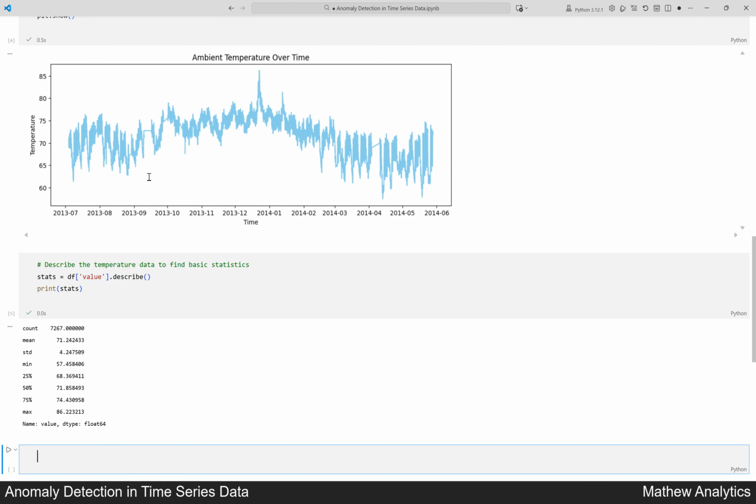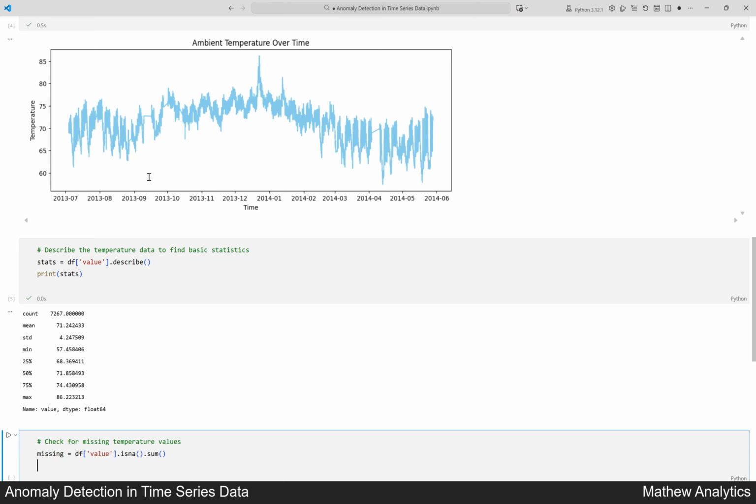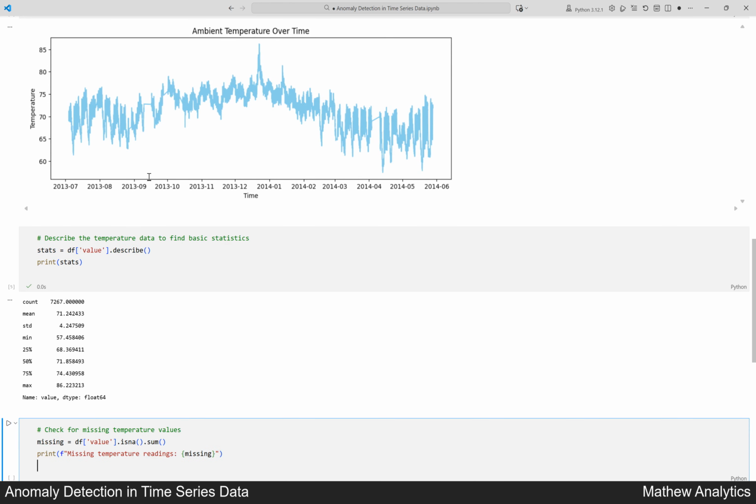Before searching for anomalies, we should confirm we have all data. Missing values can confuse anomaly detection methods. We count how many missing entries there are in the temperature column. # Check for missing temperature values. missing = df['value'].isna().sum(). print(f'Missing temperature readings: {missing}')